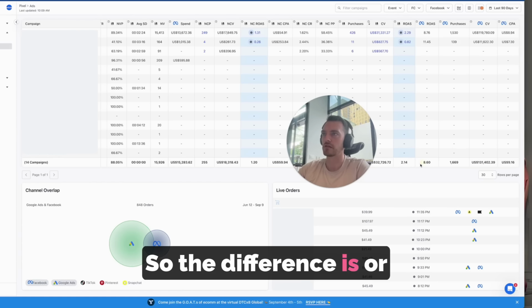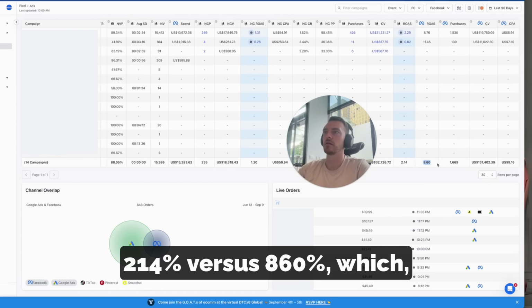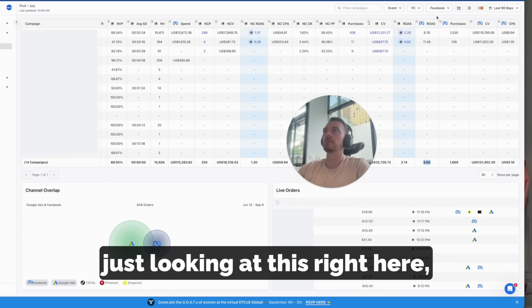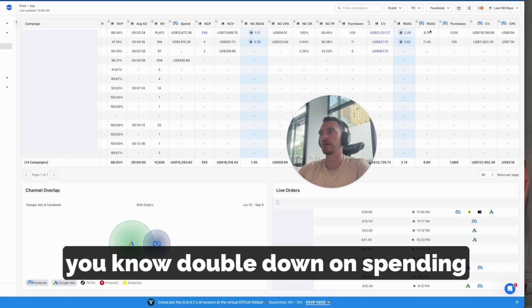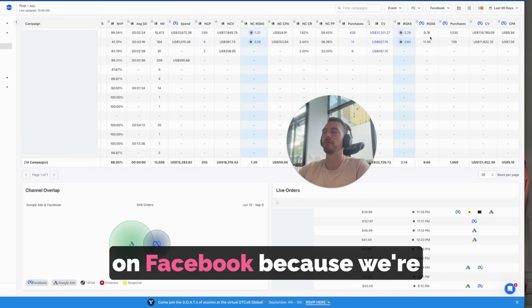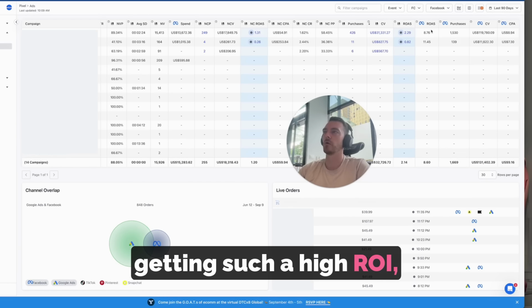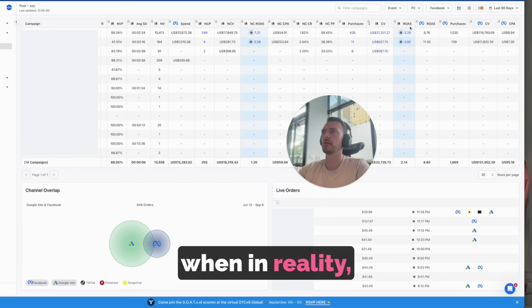So the difference is 214% versus 860%, which, just looking at this right here, I would be like, well, let's double down on spending on Facebook because we're getting such a high ROI, when in reality, the ROI